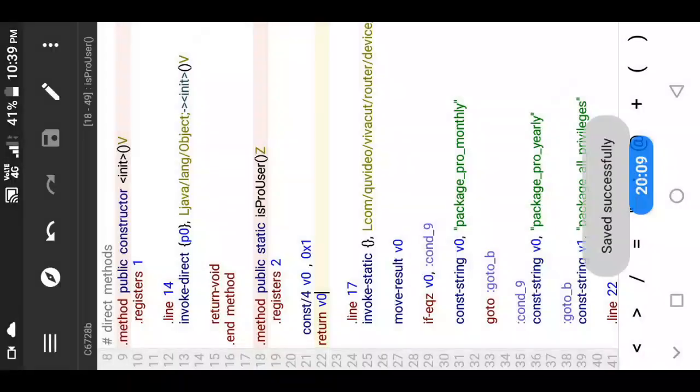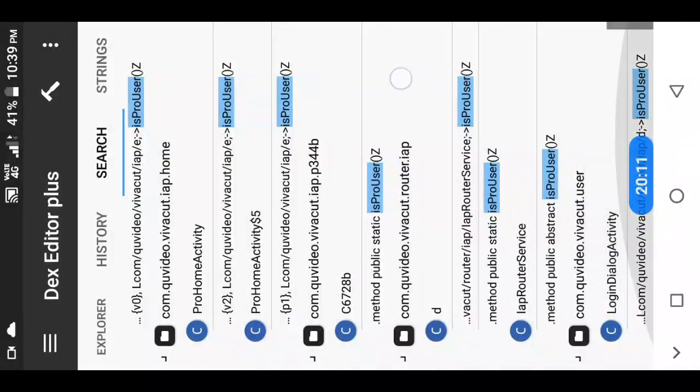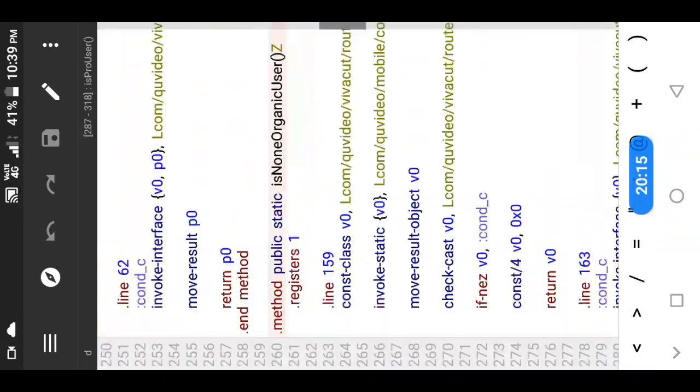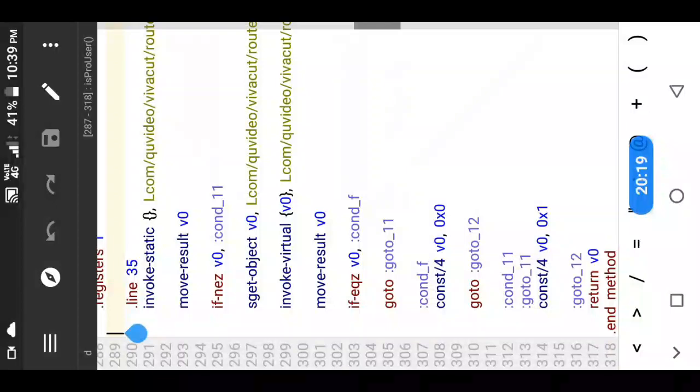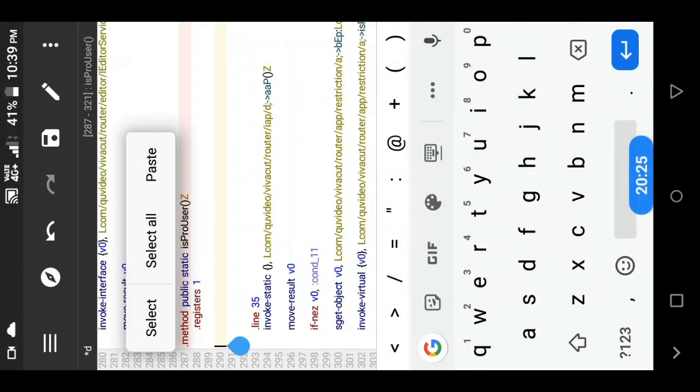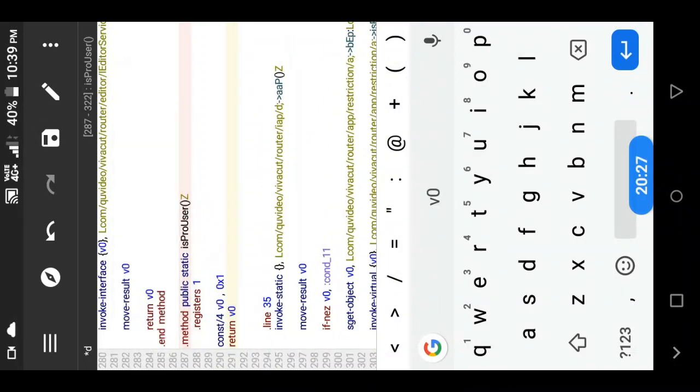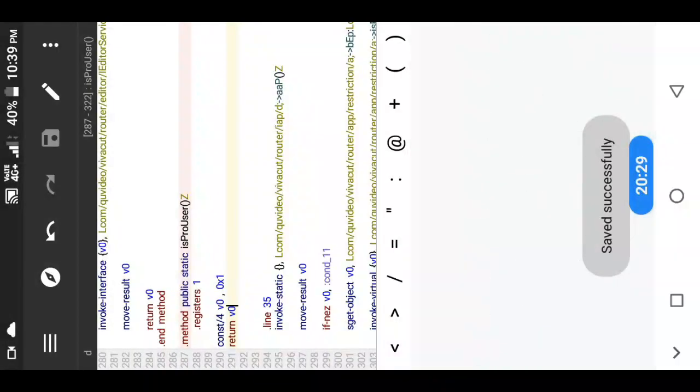So I'll copy here and I will make it all true wherever it is there. So we have got one here. So wherever it is pro user, I will make it true, is pro user.